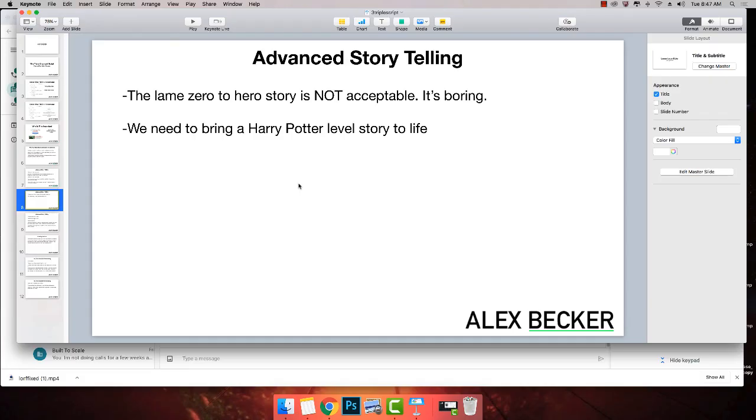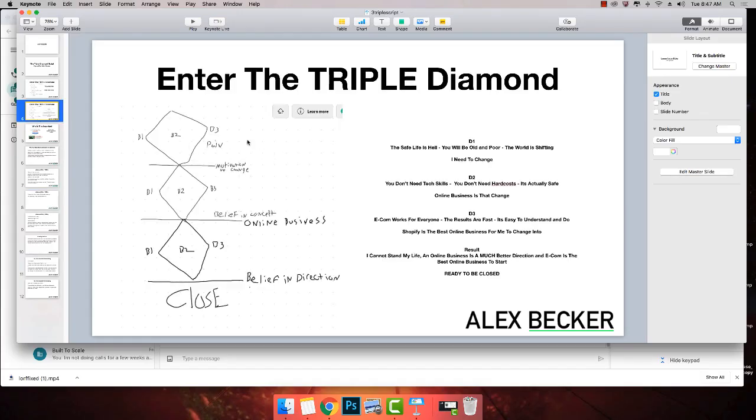Until the person's in complete agreement with the diamonds that we've laid out, aka the way they're living their life is unacceptable, they need to make a change in a direction that we proposed, and that our direction is the best direction. Until they're right there, we can't tell them anything. We can't tell them anything. We can't talk to them about Shopify or how to do Shopify or anything like that. We can't talk to them about weight loss or intermittent fasting. We can't talk to them about learning how to play golf better until they're in total agreement with us.